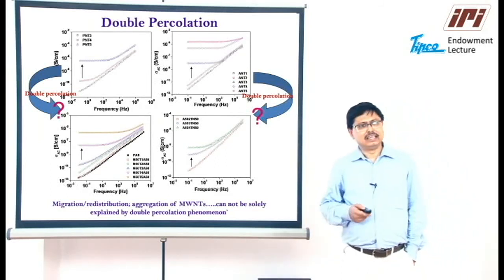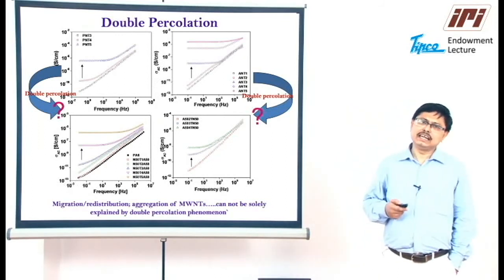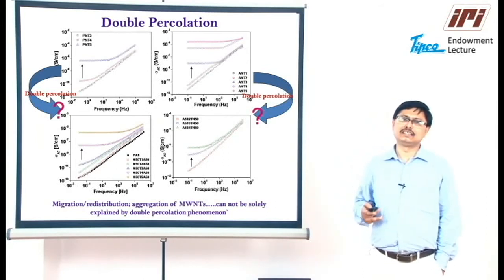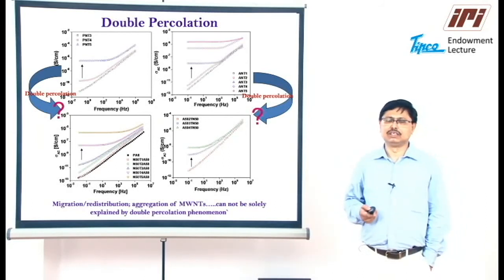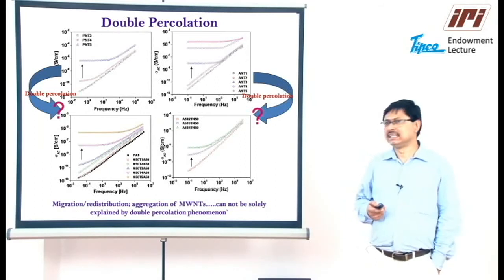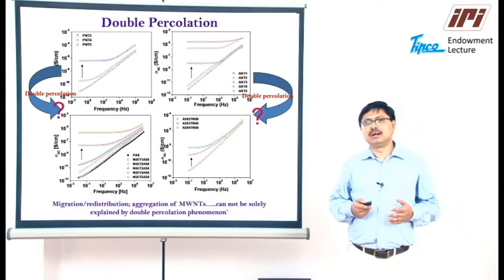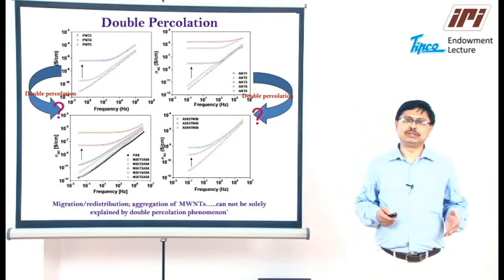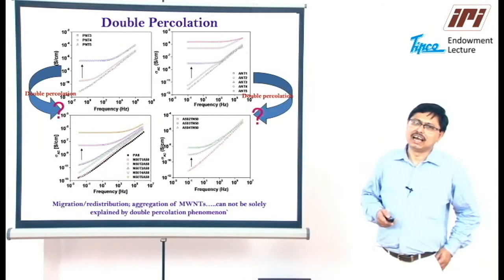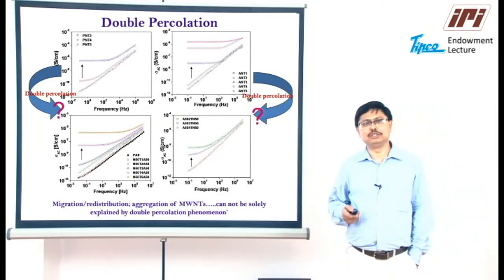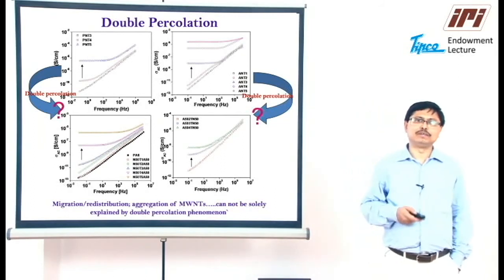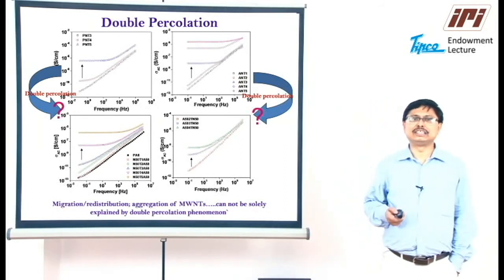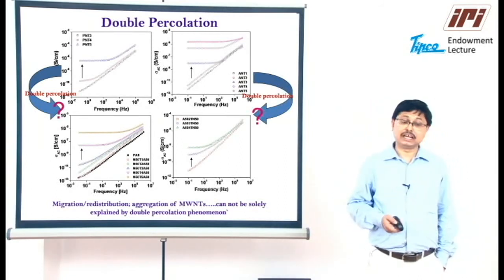However, the whole experiment, this entire mixing protocol and the electrical conductivity measurements of the injection molded composites of these compositions, suggests that the double percolation phenomenon cannot solely explain this particular case, because there is a migration and redistribution of the nanotubes in various phases, from polyamide to ABS or ABS to the polyamide phase, and there is an aggregated structure of multi-wall carbon nanotubes which actually increases the